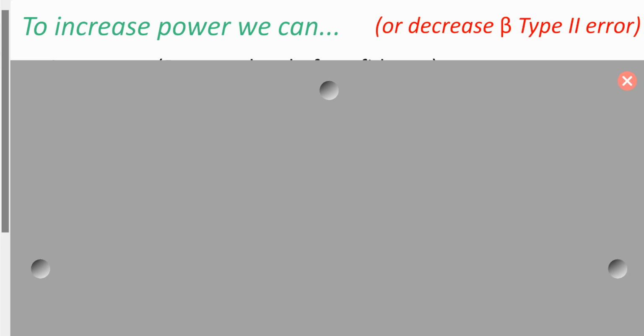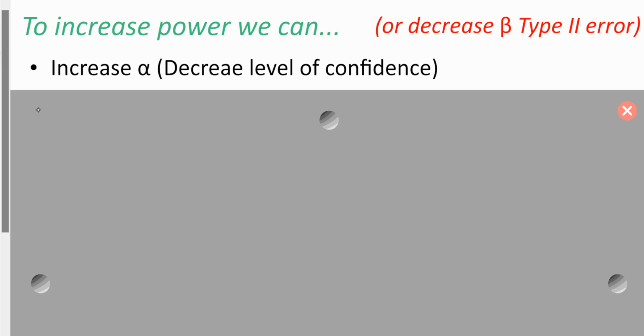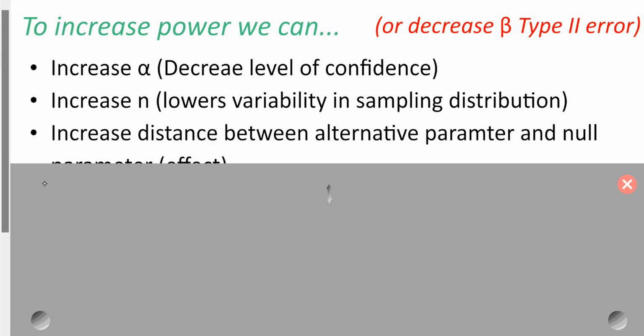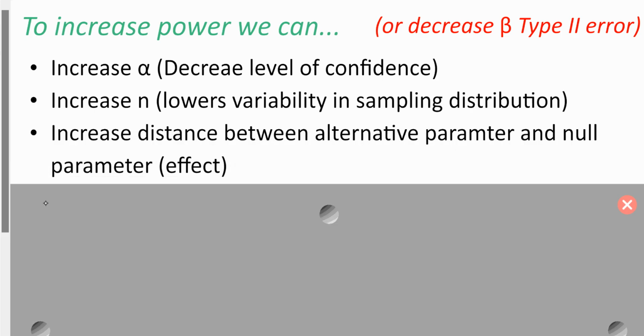We can, like was just mentioned, increase the alpha level. Remember, a smaller alpha level makes it harder to reject, makes it easier to make an error. So increasing the alpha level will decrease the level of confidence, but it makes it higher power. You can increase n, so that was that last one. It lowers variability in the sampling distribution, increases power. You can increase the distance between the alternative parameter and the null parameter, which is make the effect